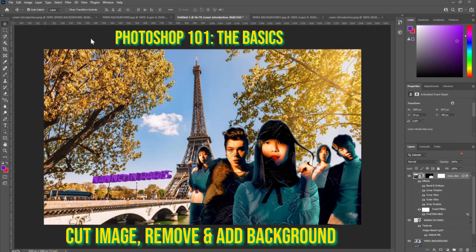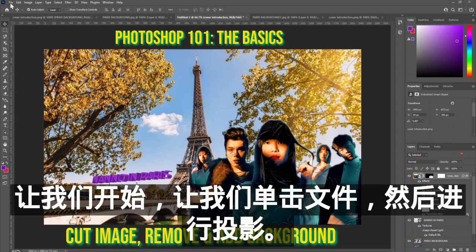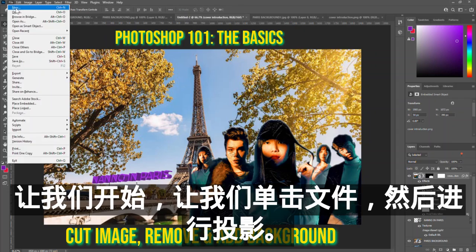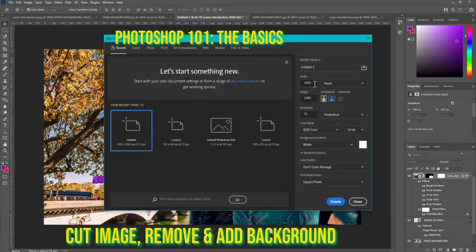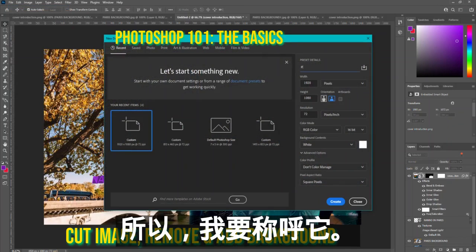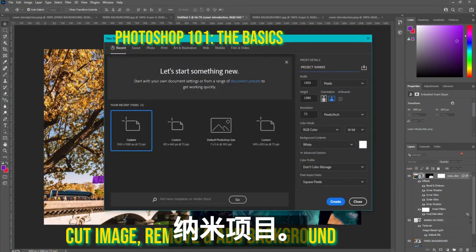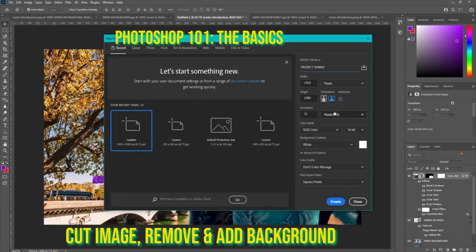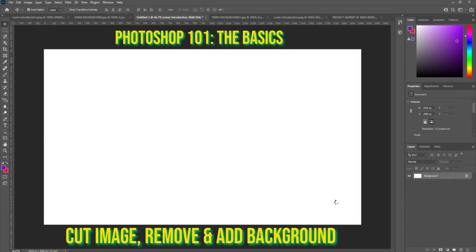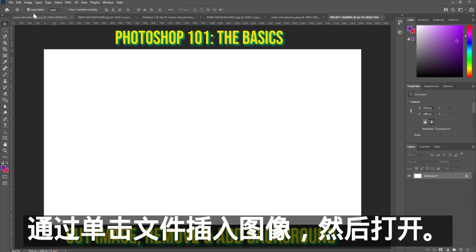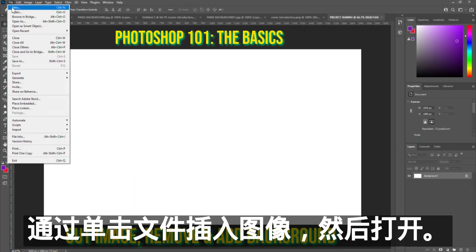So let's start. Let's click File and then New Project. So I'm going to be calling this Project Nano and then click Create. So we're going to insert an image by clicking File and then Open